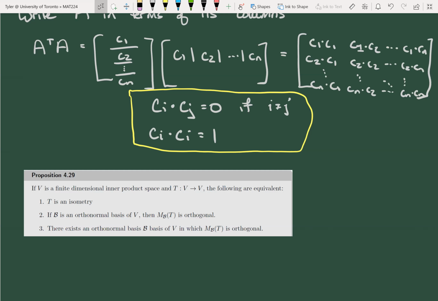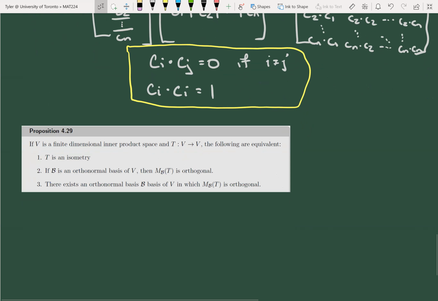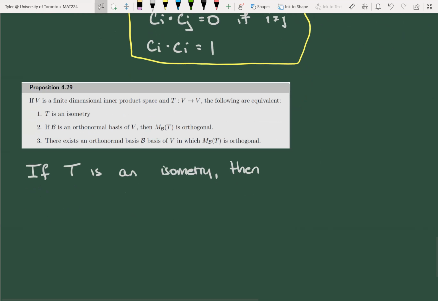The proof of this is incredibly straightforward. The proof is absolutely trivial, basically. I'm going to let you prove 3 implies 1, but the proof of 1 implies 3, that if you're an isometry, then your matrix representation is orthogonal. So if T is an isometry, then the columns of M_B(T)